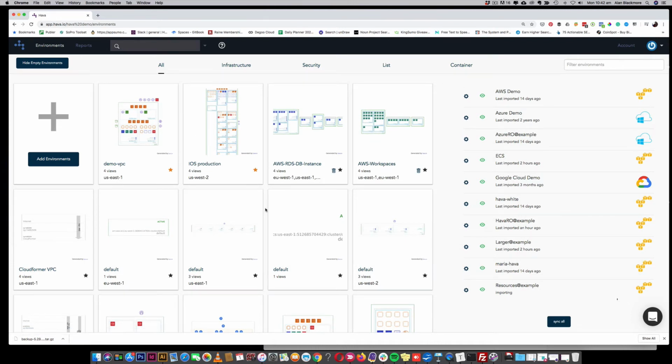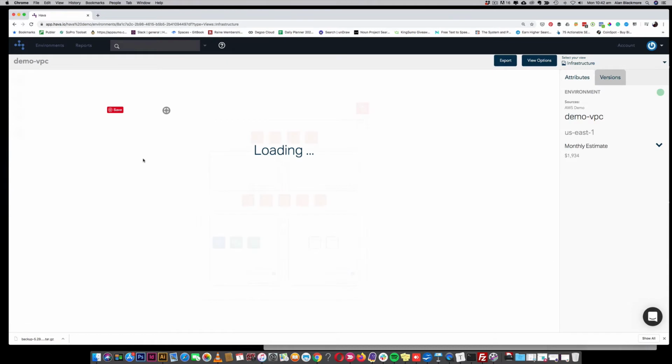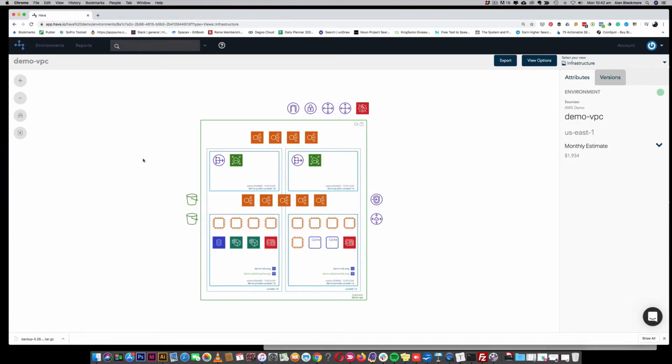So versioning, what happens is when Hava detects a change in your environment, it will automatically generate a new set of diagrams for you, and what it then does is keeps a copy of the previous version so that you can compare the two. So if we take a look at this one, for instance, we're looking at the state of play today. We've got a monthly estimated cost of this environment at $1,934, and then if I look back, there's been a couple of significant changes